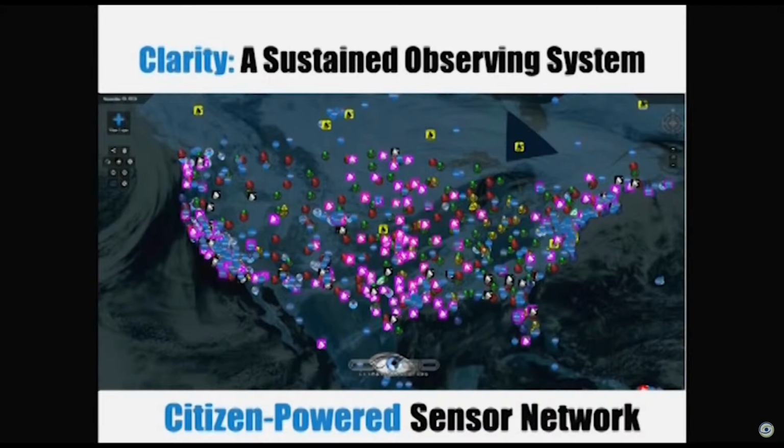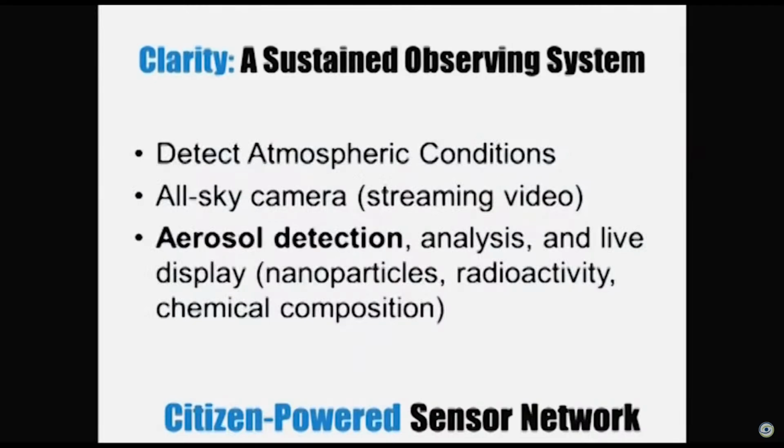So I'm proposing that people buy sensors that they put in their backyard, that they have vetted, and we have connected to a decentralized network, which is based on Node, for the techies out there, that we're programming. It's completely open source, and it'll be a citizen-powered verification system. Detect atmospheric conditions, have an all-sky camera so we can watch the video of it, and aerosol detection. Now, I understand this will be expensive and technology is not there yet, but we are rapidly getting to that point. And through all of us pushing for this sort of thing, and global demand will drive those prices down. We will have this. I'm going to make it a reality.